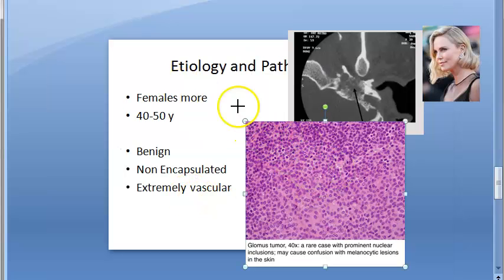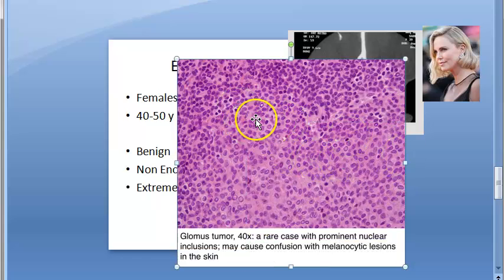Microscopically, they are saying that it shows masses and sheets of epithelial cells, large nuclei, granular cytoplasm, abundance of thin-walled blood sinusoids with no contractile muscle coat. Profuse bleeding will be there from these tumors because of all this vascularity.